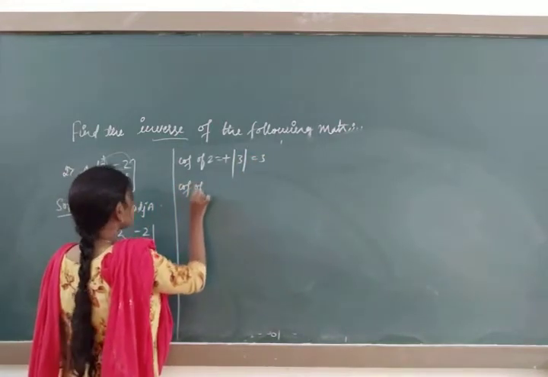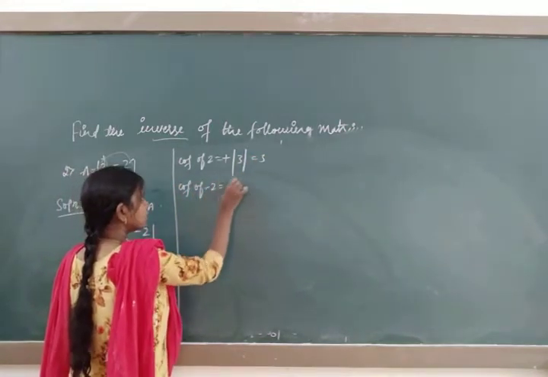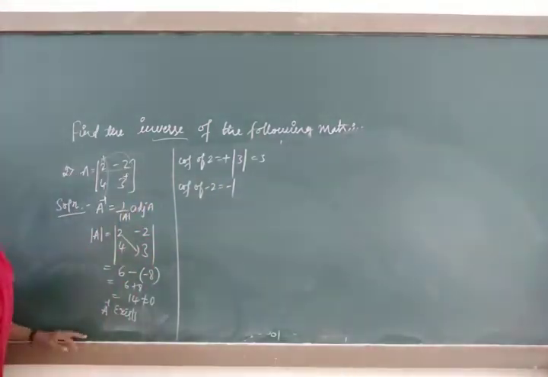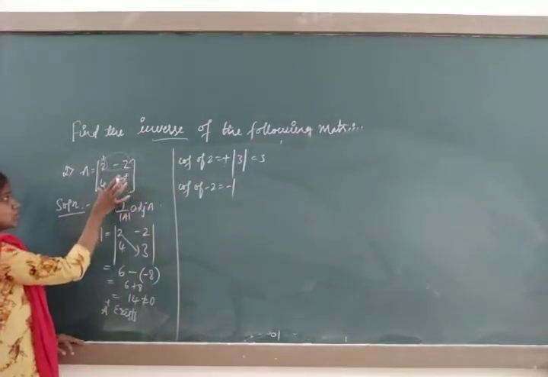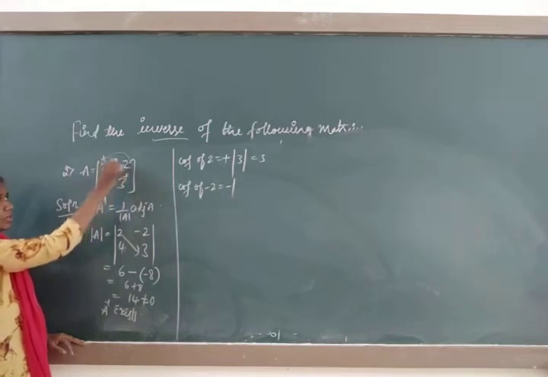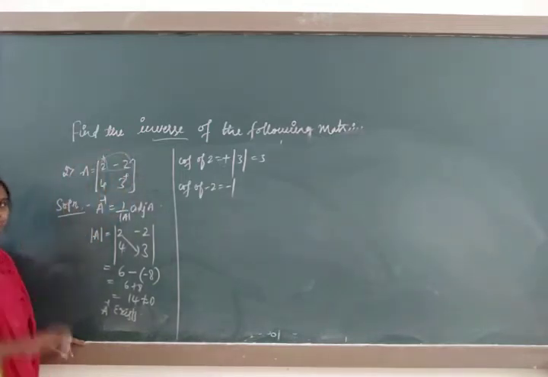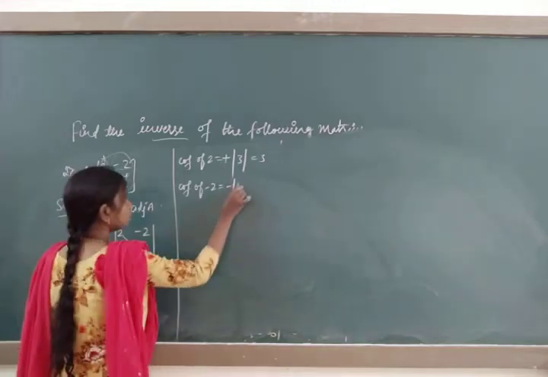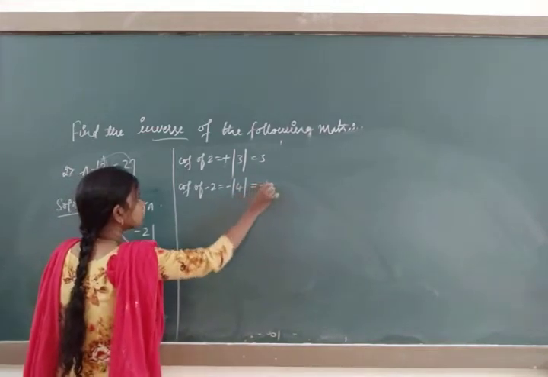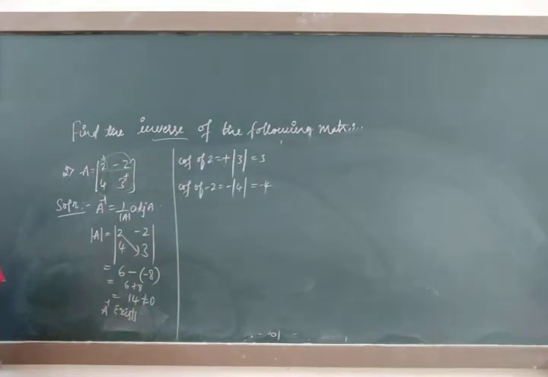Similarly, for the cofactor of minus 2, take the alternate sign, I said minus. Wherever minus 2 is present, close that one. It is present in the first row and the second column. Then what is the cofactor of minus 2? It's a 4. Take the minus inside, so the final answer will be minus 4.